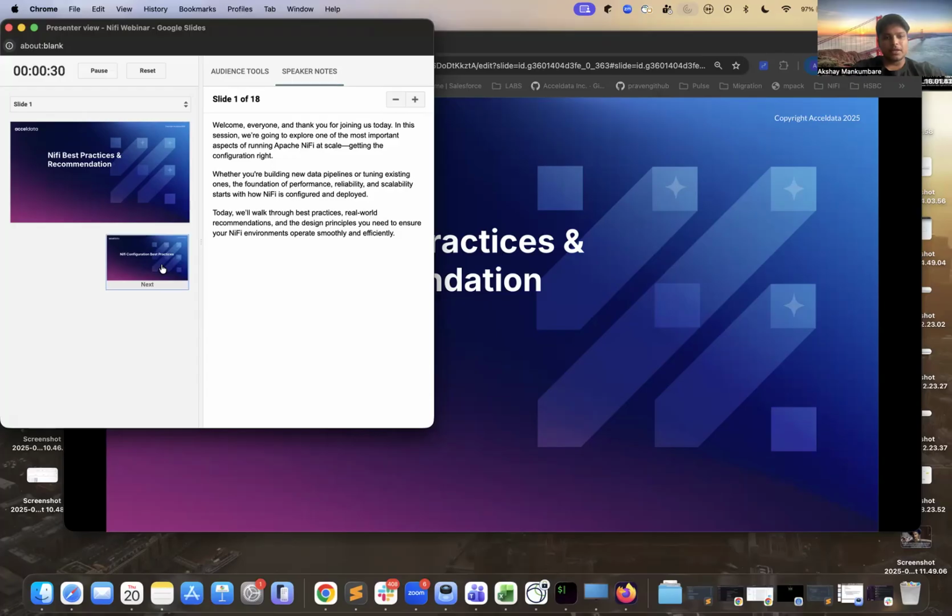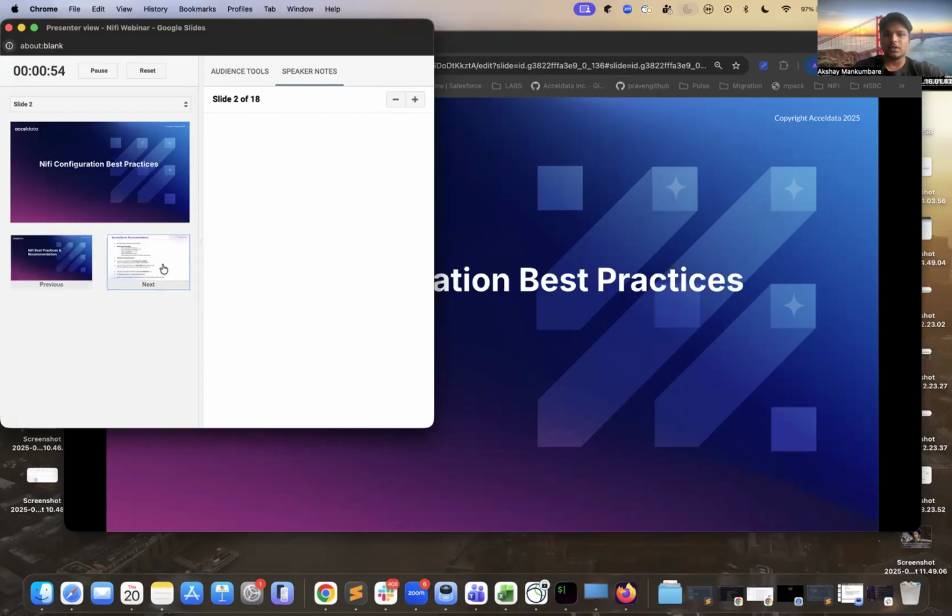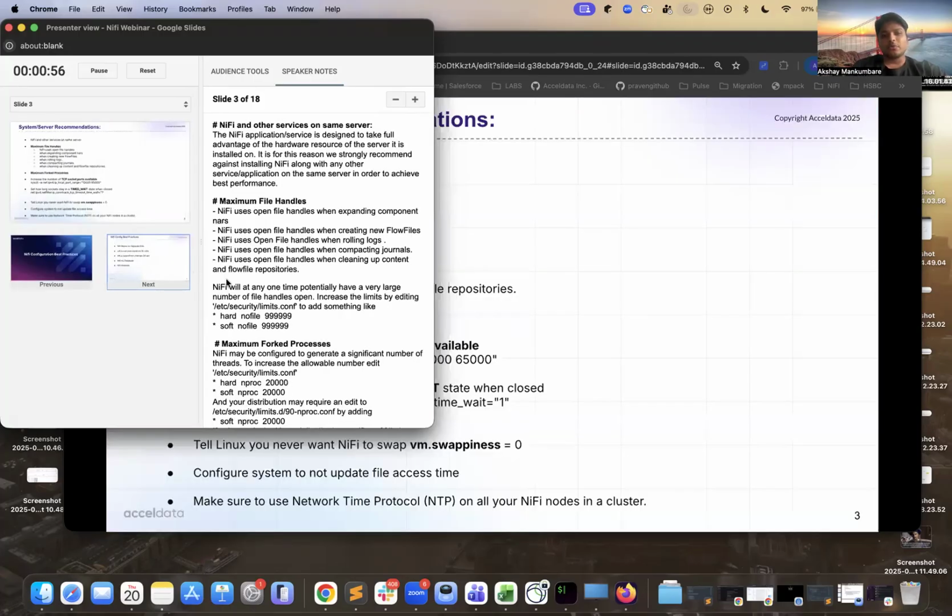Whether you are building new data pipelines or tuning your existing ones, the foundation of performance, reliability, and scalability starts with how NiFi is configured and deployed. Today we'll walk through the best practices, some real-world recommendations, and design principles you need to ensure in your NiFi environments to operate smoothly and efficiently. Right, so first, talking about server-side recommendations,